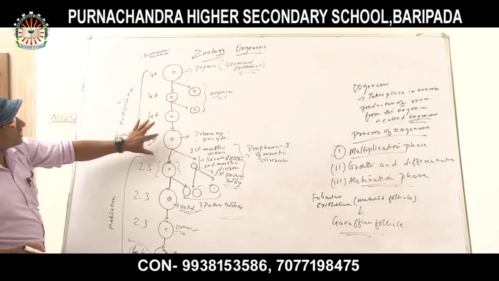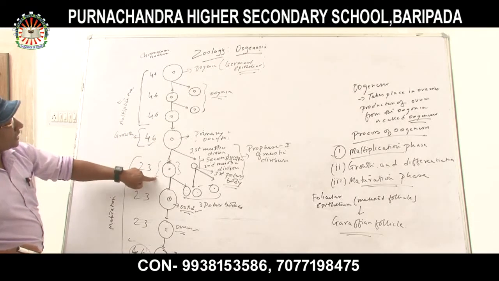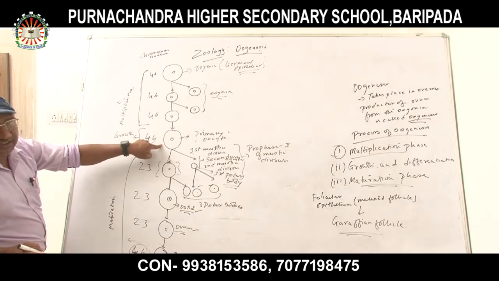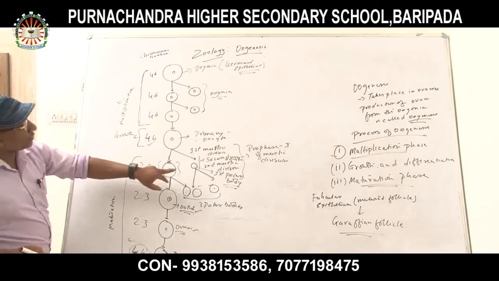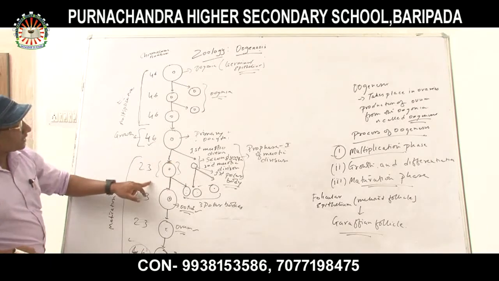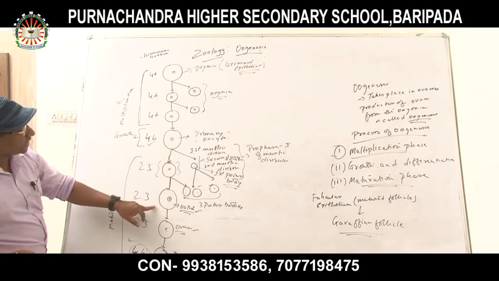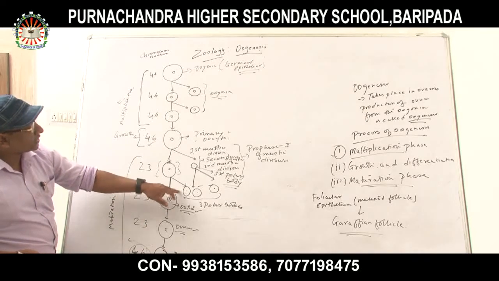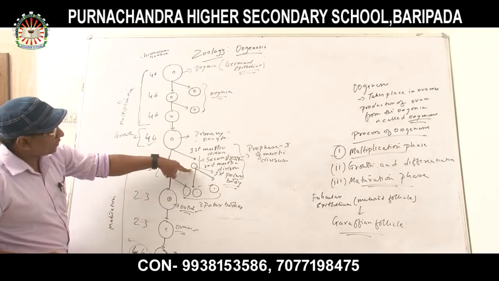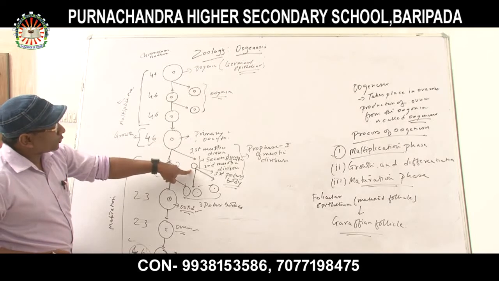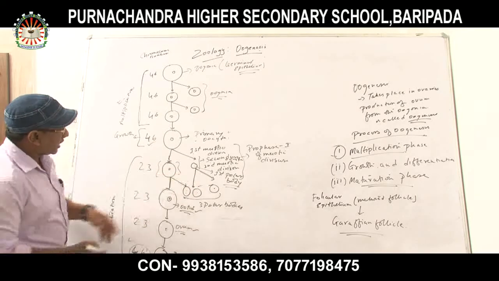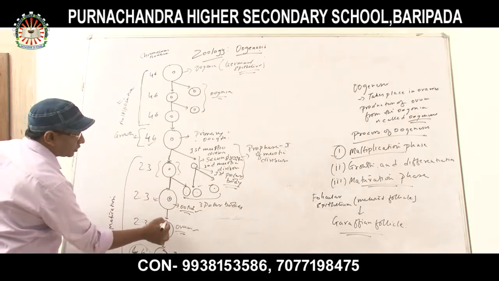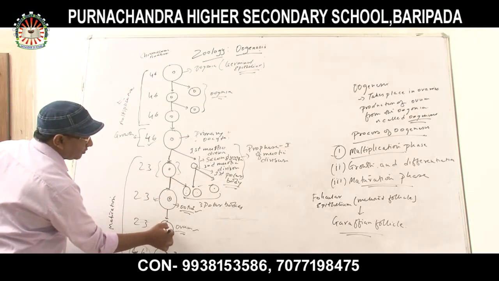Then during ovulation, it will produce what? The primary oocyte is already present at puberty. After that, it will produce a secondary oocyte along with the first polar body. Then after the second meiotic division, it will produce one ootid along with one polar body. Subsequently, the other polar body divides to produce 2 polar bodies by the second meiotic division. Now the ootid will get converted to what? A functional ovum.